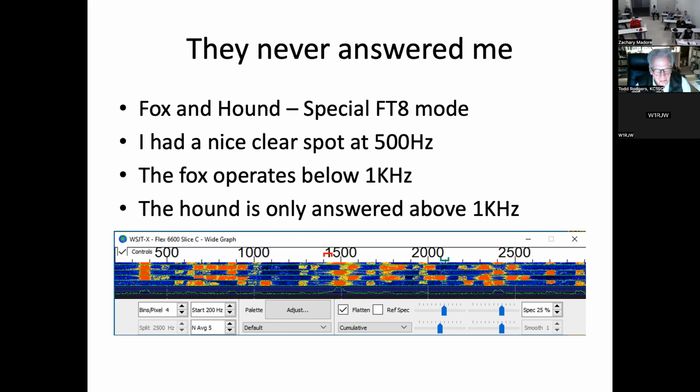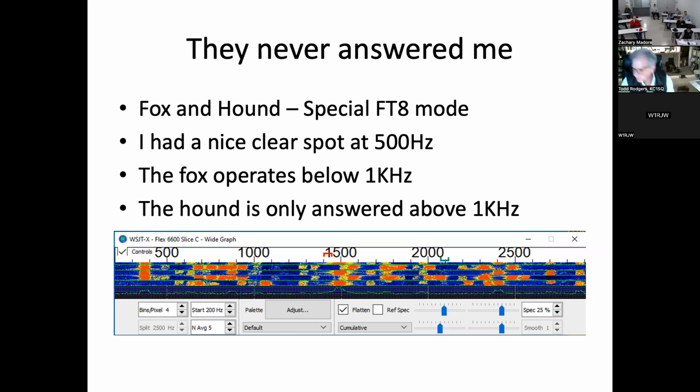The Fox has to operate above 1 kilohertz. So usually I'm at least above 1050, because with ionospheric Doppler shift and stuff, you can end up below 1000 fairly easily. And I know I'm dead on frequency, but sometimes if you look at PSK Reporter, by the time it gets halfway around the world, you're off by a few hertz. So if you're not above 1000, they're either running Fox and Hound or they're running MSHV Fox and Hound, which